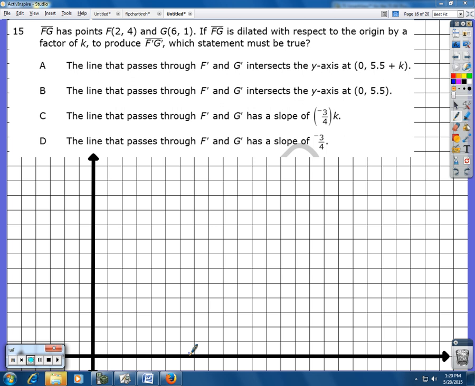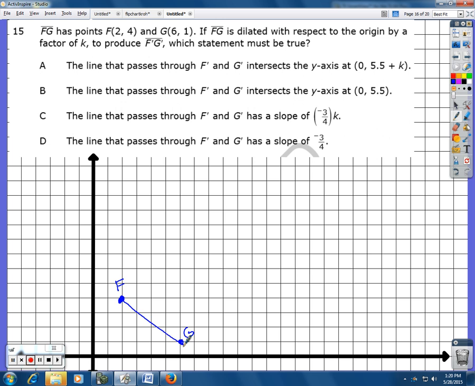Number 15 says segment FG has points F (2, 4) and G (6, 1). So I'm going to go ahead and graph those. Alright, so we have our segment